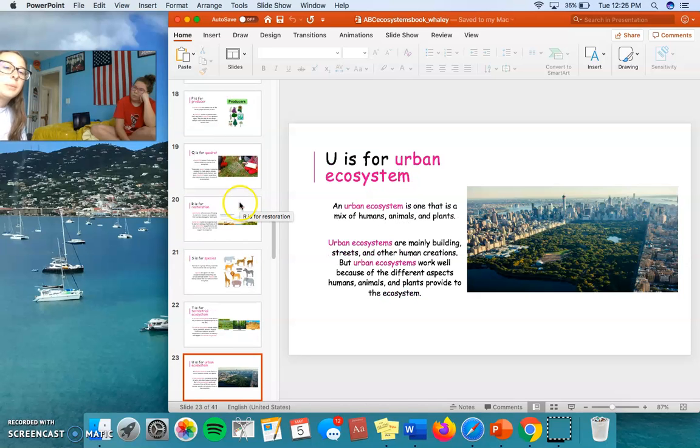U is for urban ecosystem. An urban ecosystem is one that is a mix of humans, animals, and plants. Urban ecosystems are mainly buildings, streets, and other human creations. But urban ecosystems work well because of the different aspects humans, animals, and plants provide to the ecosystem. Can you think of an urban